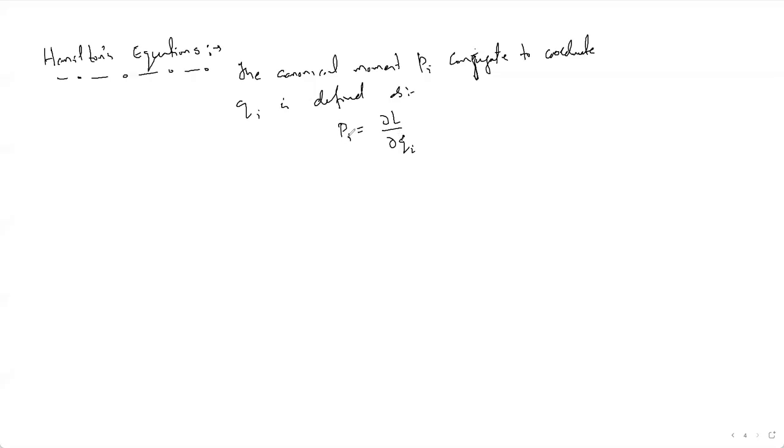Now this particular definition is consistent with the elementary definition of momentum in Cartesian coordinates, where in one dimension the kinetic energy is one half m q dot square, mv square as we say, and the momentum is equal to mv, that is m q dot. So these are the elementary definitions of the energy and the momentum. From this particular equation you can name this as equation 1.